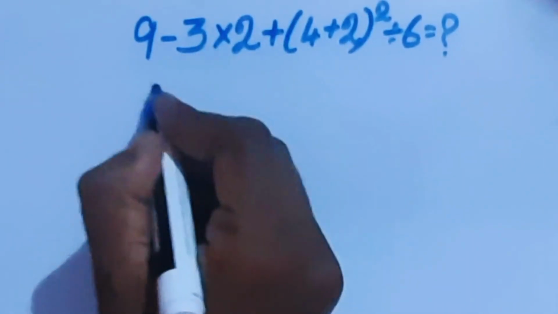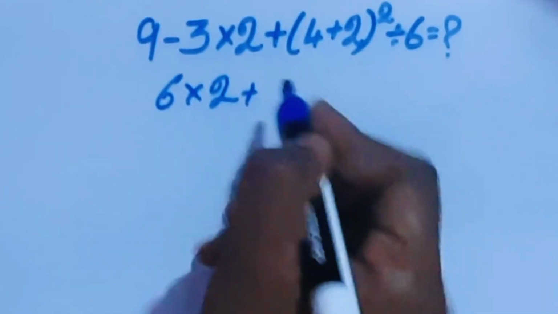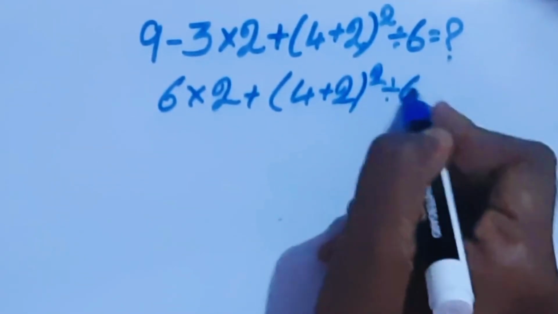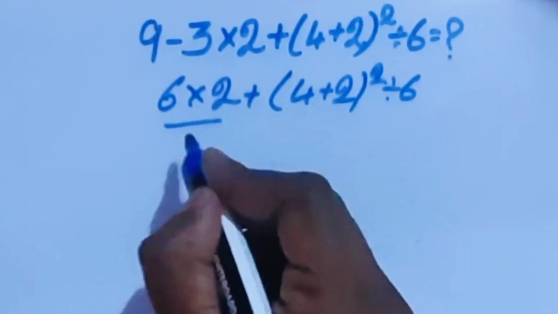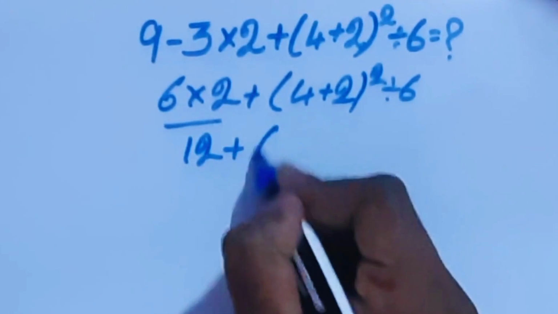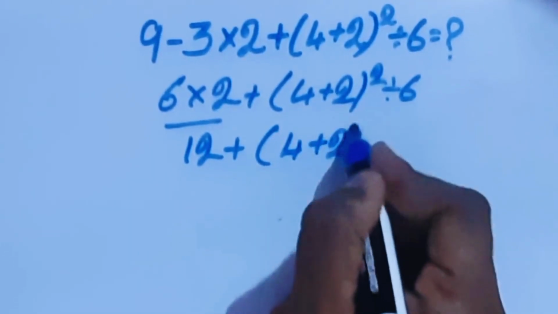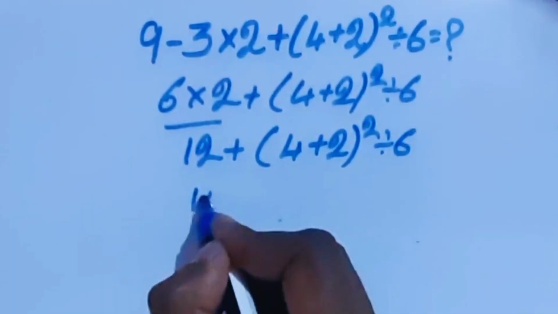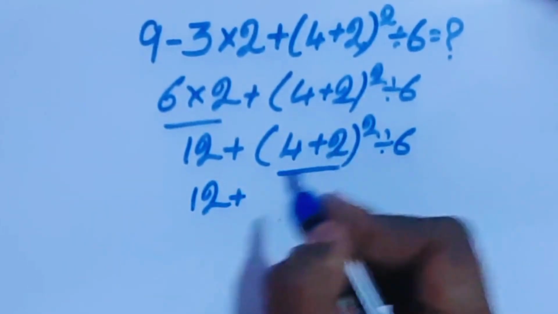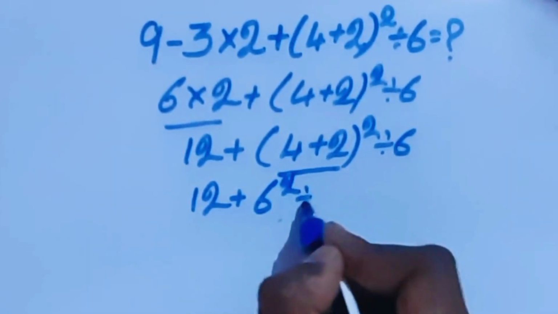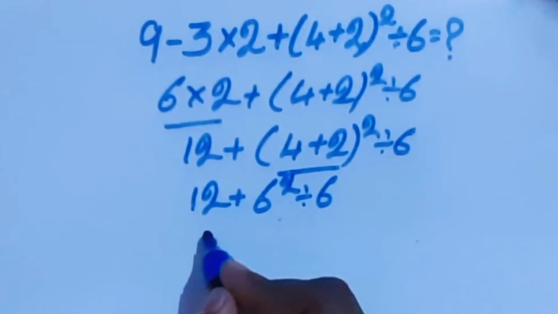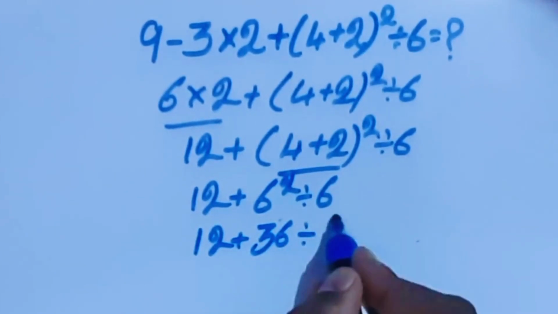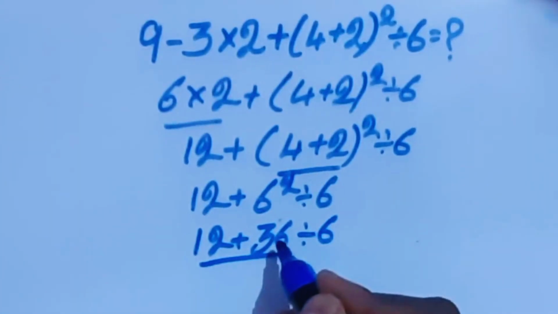Hi guys, here 9 minus 3 is 6 times 2 plus, here bracket 4 plus 2 whole power 2 divided by 6. Here 6 times 2 is 12 plus in bracket 4 plus 2 whole power 2 divided by 6. Now 12 plus here 4 plus 2 is 6 square divided by 6. Here 12 plus 6 square is 36 divided by 6. Here 12 plus 36 is